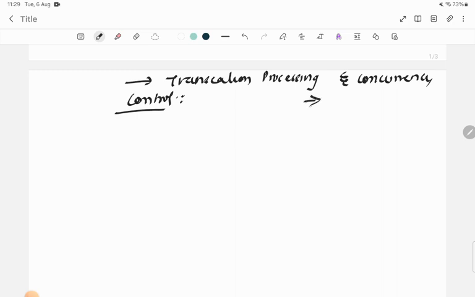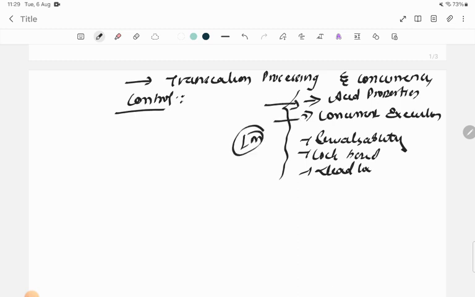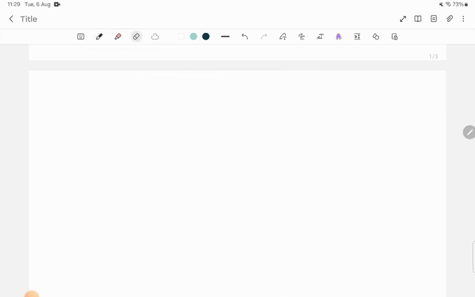So inside this transaction processing and concurrency control, we are going to discuss ACID properties, concurrent execution, serializability, which is a very important concept, serializability in DBMS, log based protocol, and deadlock. So all these 5 topics are very important. Generally you can expect one question from each of these topics, so I'll try to cover them in a very practical way. Okay, so without any further delay, let's start our first topic, we can say,